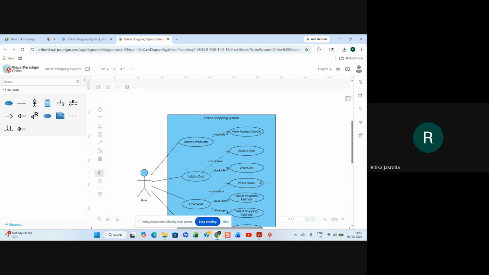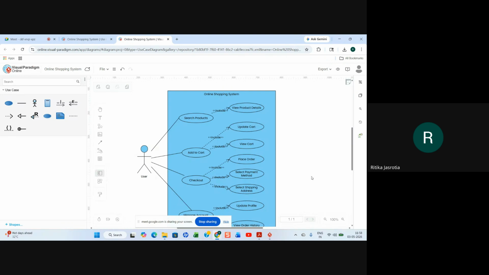He can update the inventory for the products. If it is less, he can update that. Or you can say delete a product, add a product, manage a product. All these things will be handled by the admin. He can talk to the vendor and update the inventory and all that.